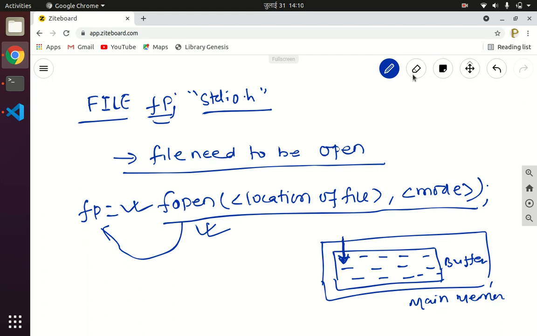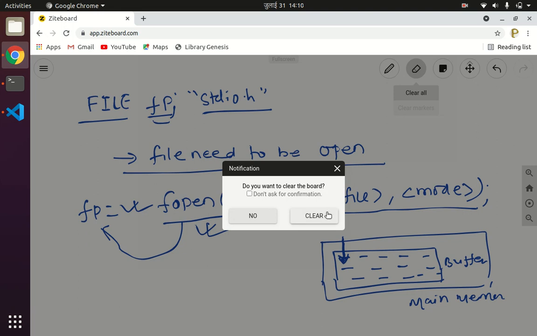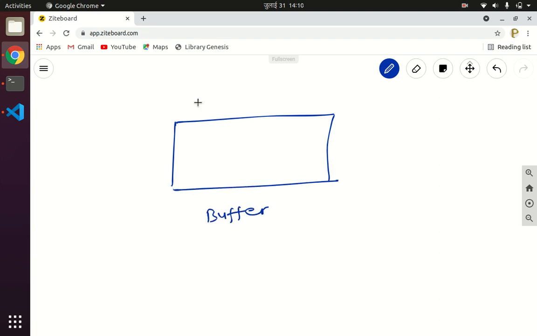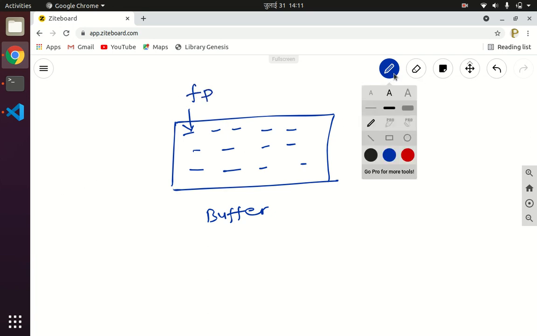One more concept you need to understand is, let us say this is the structure of the file opened in the buffer. Suppose we have some characters available here, and let us say the first character is represented by the file pointer fp. Now all files will be terminated by a macro called EOF, just as we have \0 to terminate a string.